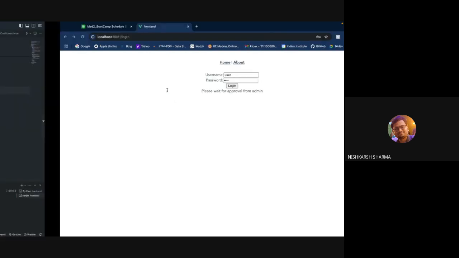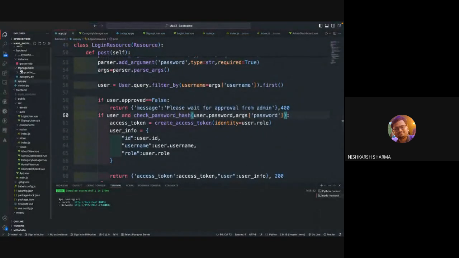So now you can see the store manager is not able to log in to the page, and